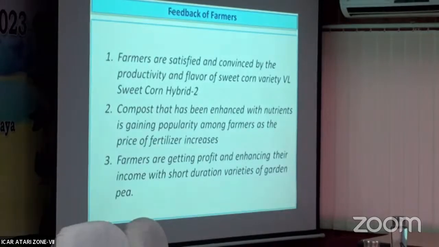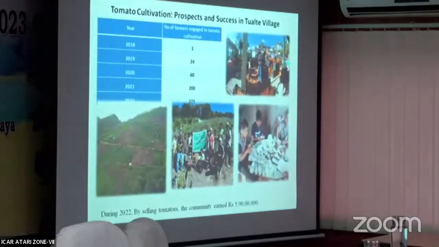And these are the feedbacks from the farmers, that the farmers like the taste and flavor of the hybrid and composite hybrid, and that they are rich in nutrients. It's already popularized, it decreases the demand for fertilizers, and farmers are getting profit from garden tea in a short span of time. And before ending my presentation, I would like to highlight this prospect and success in Tualke